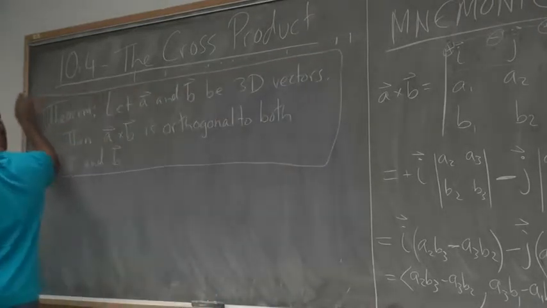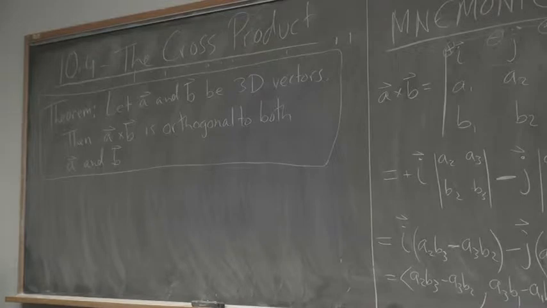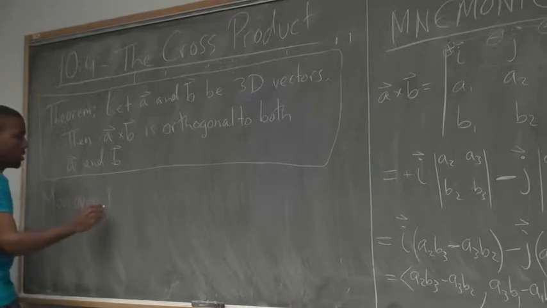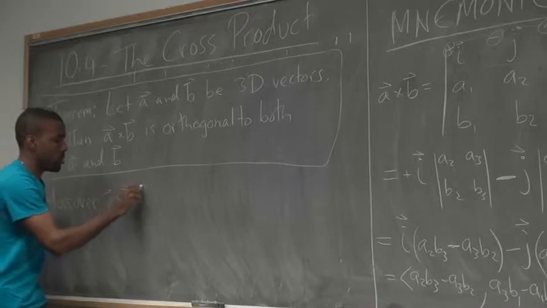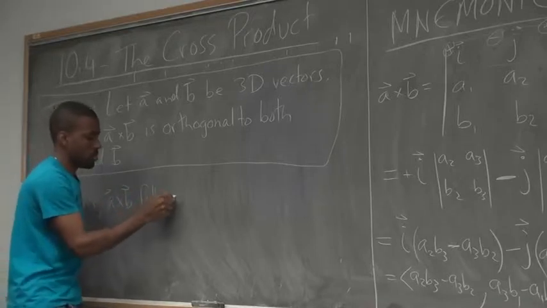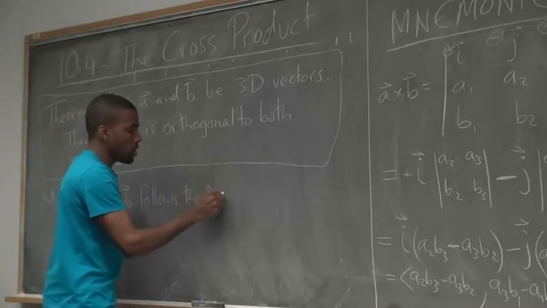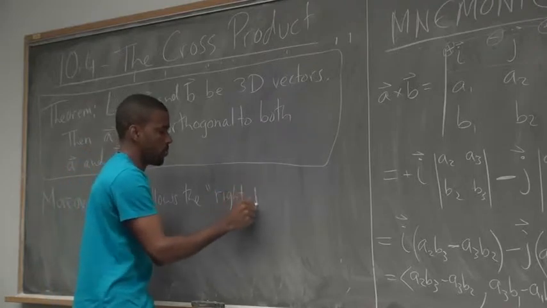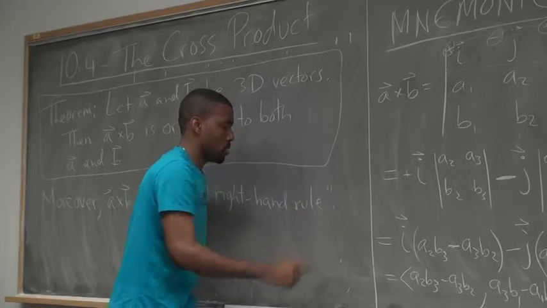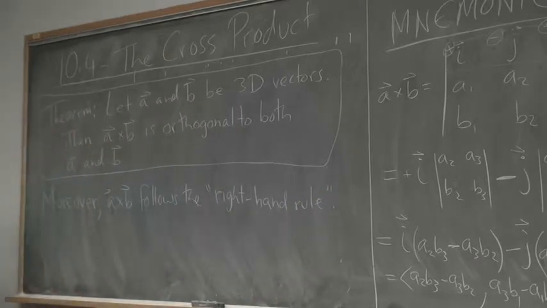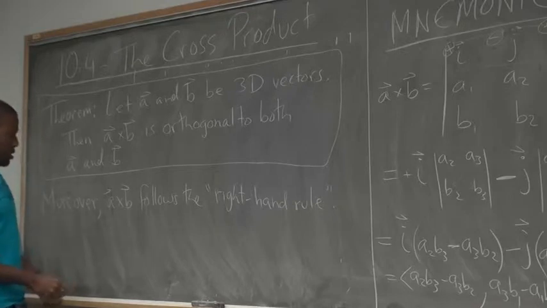We're going to be using that all the time. Moreover, A cross B follows the so-called right-hand rule. By that, I mean